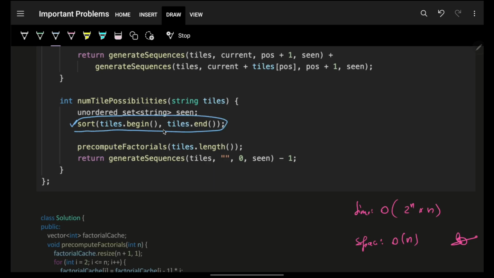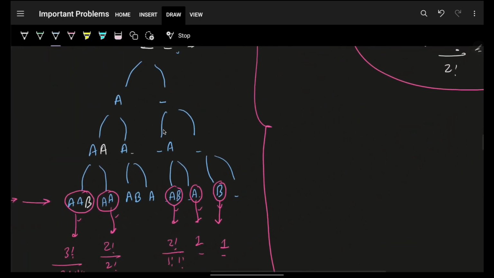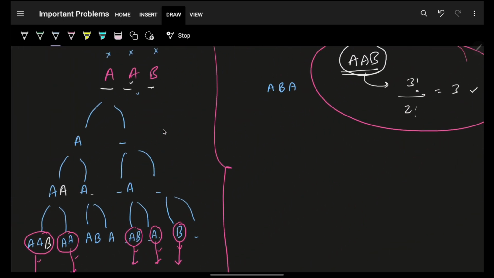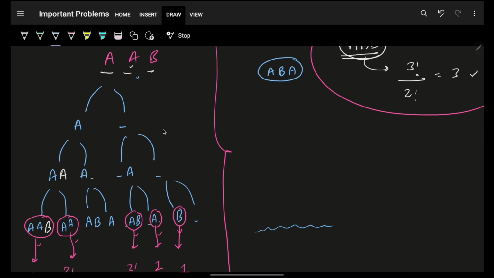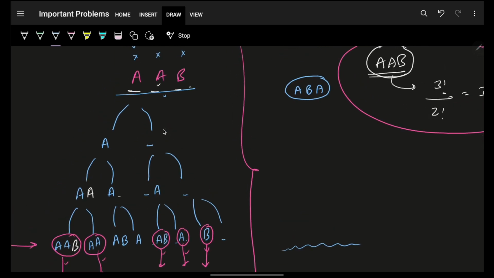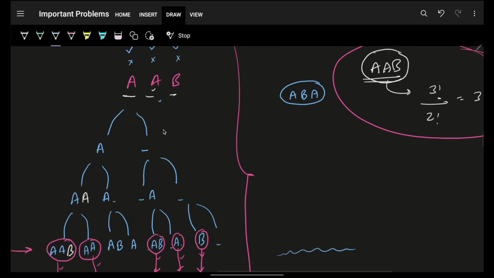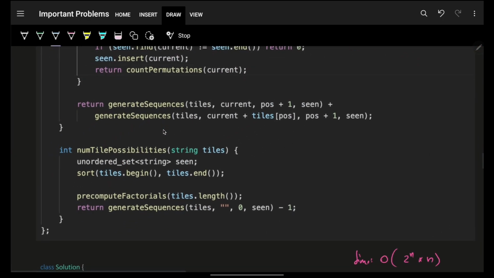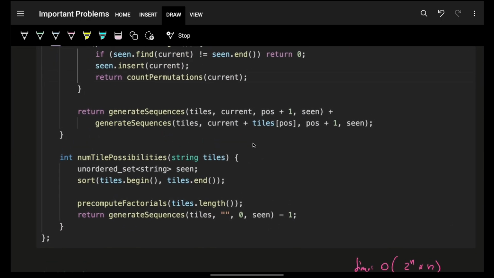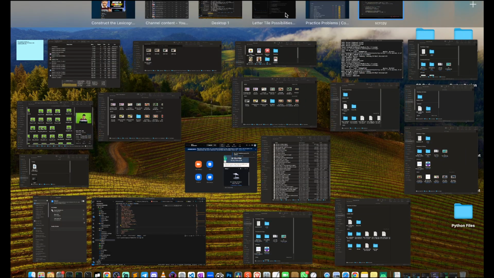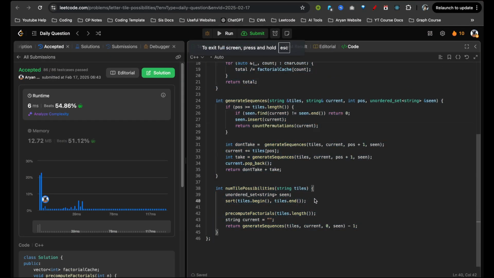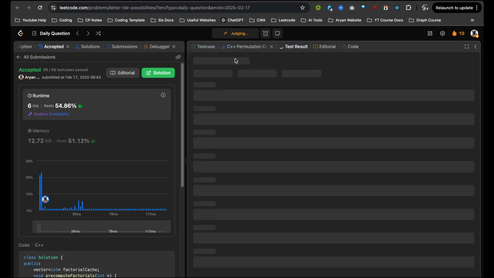Now you might ask, Aryan, why are you sorting it? Technically, you might say it may not be required in this case, because even if I get it for ABA, that also will give you the same set of results as what AAB gave. In the end, I will have to do permutation, and permutation will not differentiate between this and this when I'm computing the final answer. So sorting would not be required in this case, right? If you guys want, I can make a quick correction and check if it's working or not. Technically it should work, because